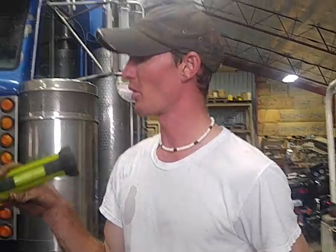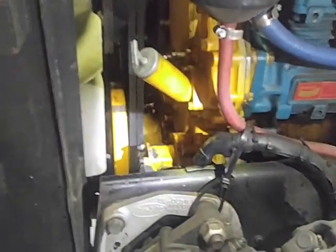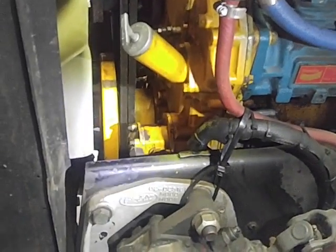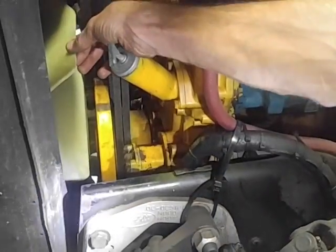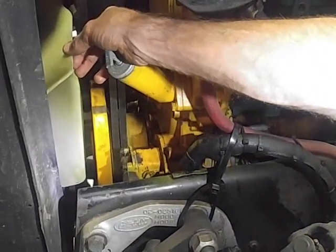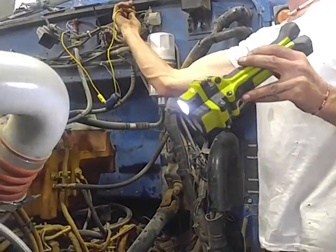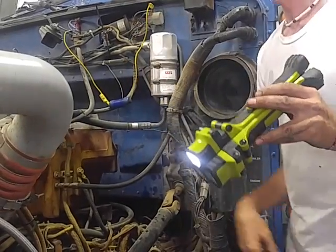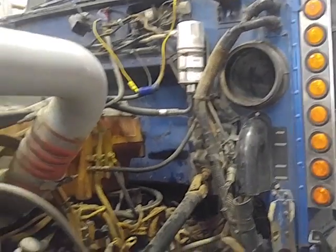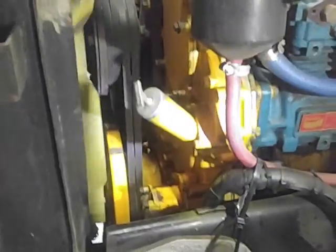Now to bar your motor over, you go on the front of the engine to the dampener bolts. That's where your 15/16 socket comes in. Now, Pete or Cat, one of the two, in their infinite wisdom, decided this fan needed to lock when the key is off. So, if you like scraping your knuckles up, that's fine. I don't really care to. So, I hook my fan set to power, so it disengages the fan, so it spins free. Once you've gotten that done,